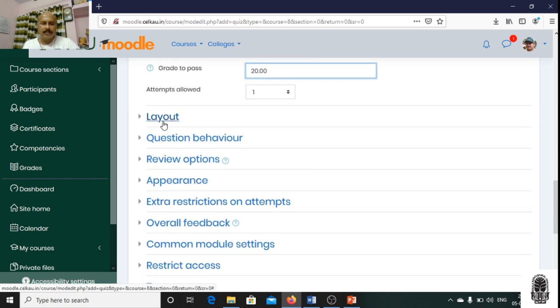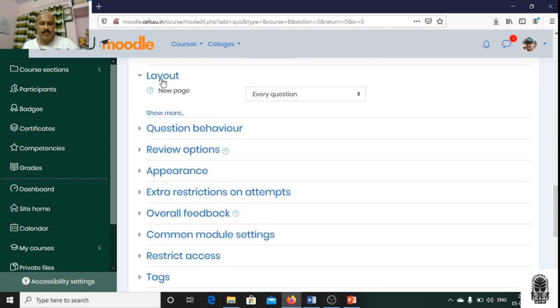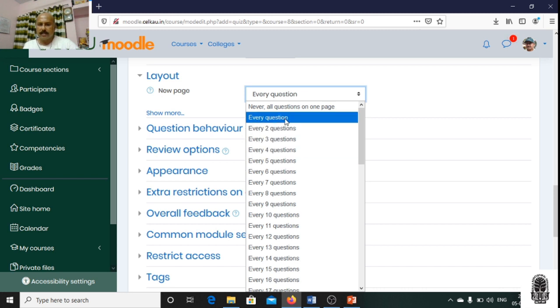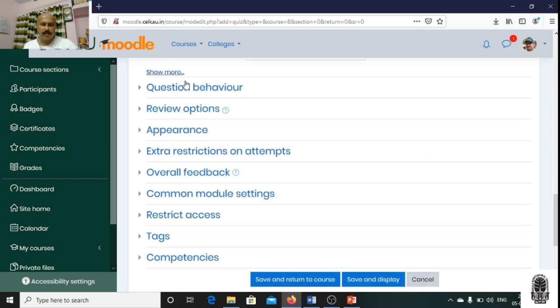Okay. Now this is another section which shows the layout. Here one question will appear on a single page. That means when the student opens one window, then one question will be there. Then there are several options like every 2 questions, every 3 questions, every 4 questions. Like that there are a lot of options.